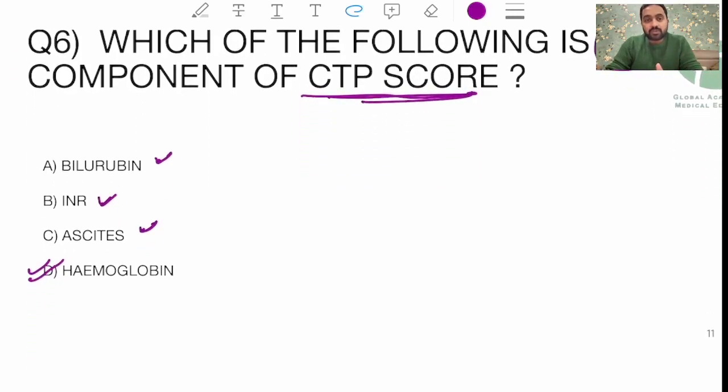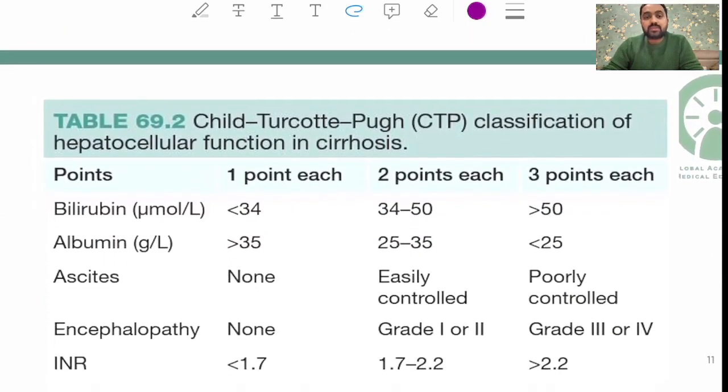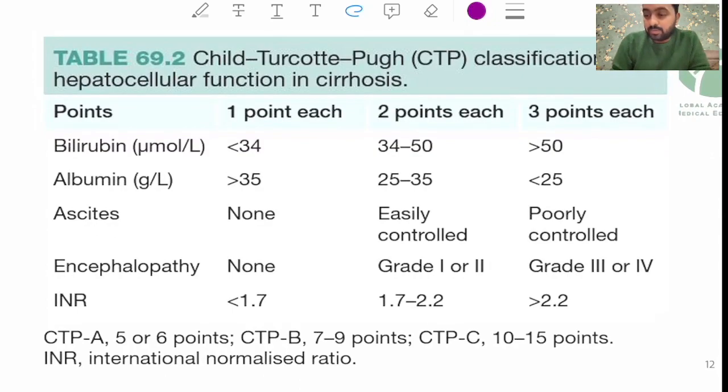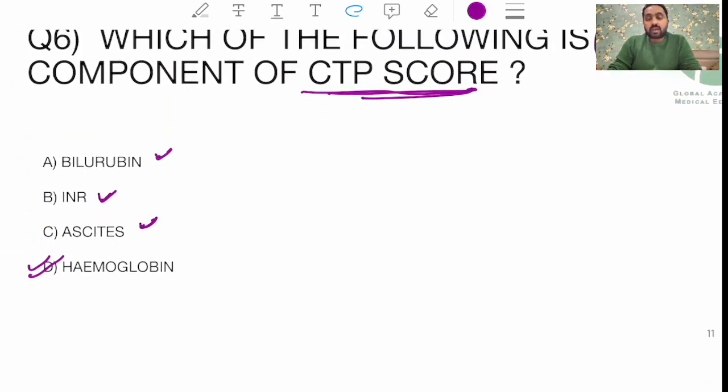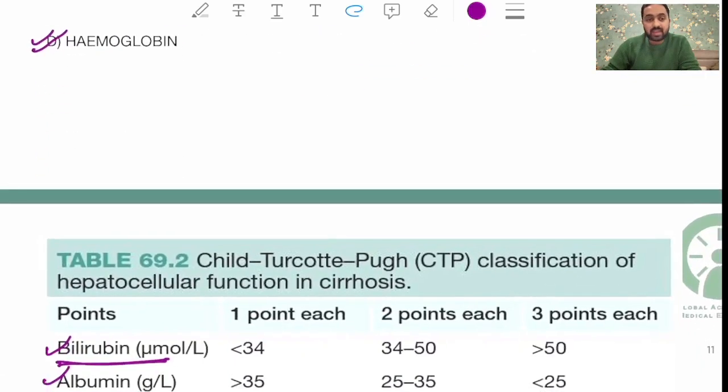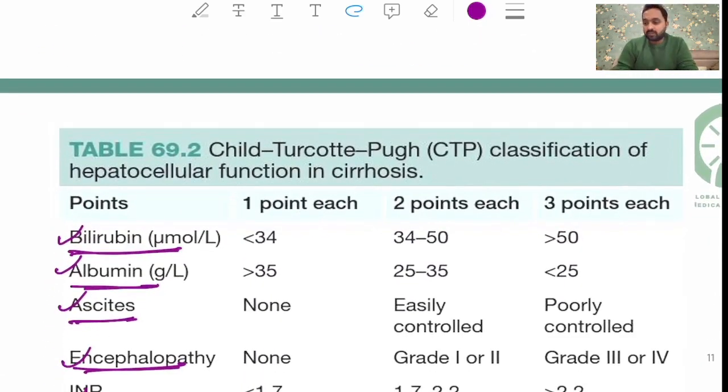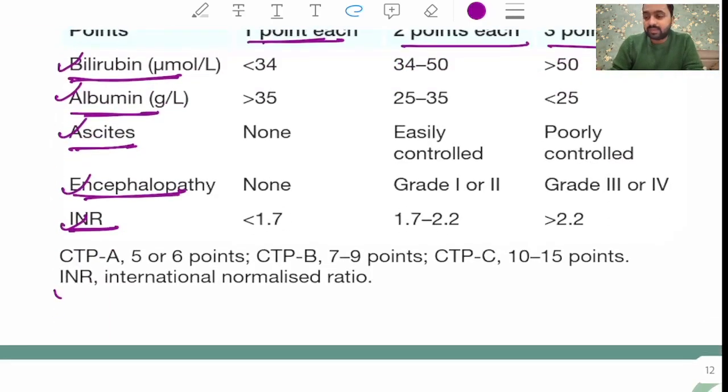So what are the components of the CTP score? Your CTP score consists of bilirubin, albumin, ascites, encephalopathy, and INR. We got varied options for the fourth option. Some said hemoglobin and some put some other option, but just remember the CTP score includes bilirubin, albumin, ascites, encephalopathy, and your INR. If you look at the scoring, each is given 1 point, 2 points, or 3 points, where CTP class A is around 5 or 6 points, B is 7 to 9 points, and C is